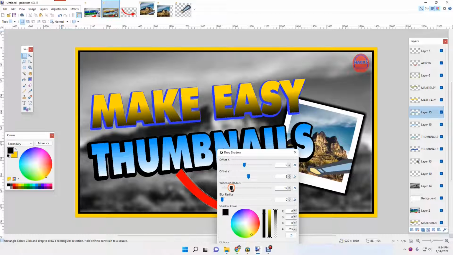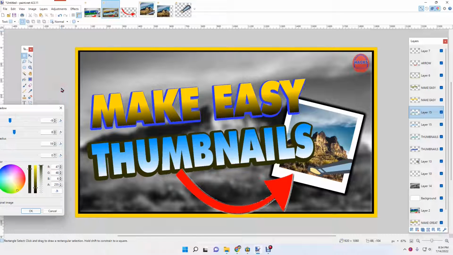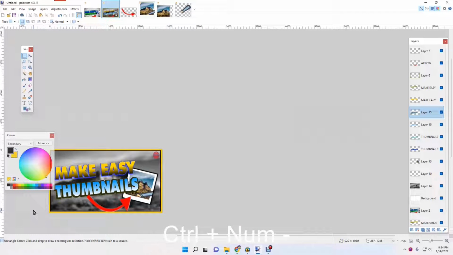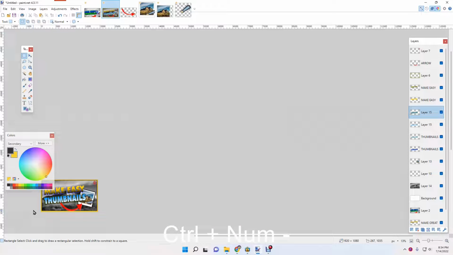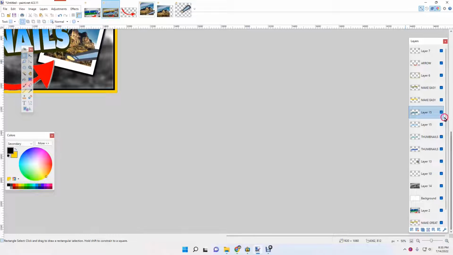Thumbnails. What do you all think? Or should we give it a little bit more yellowish? Now, will it pass the squint test? That's the big one. Will thumbnails be easier to read? Minus, minus, minus. Yes, I can still read it. Let me bring it out so you can see it. We didn't copy it totally, and it's